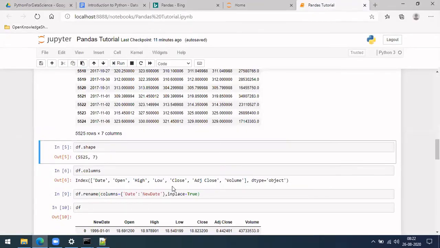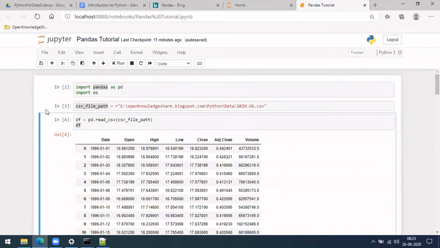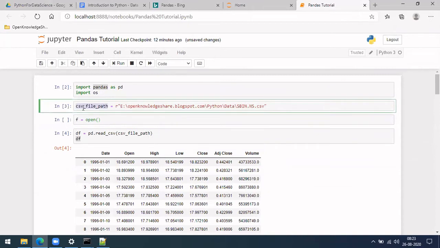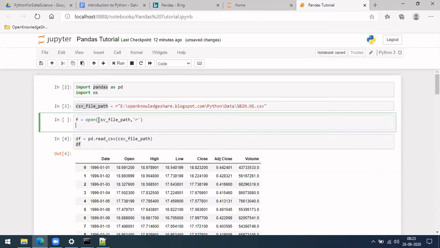But Raju, what advantage does it make compared to opening the file? If you see, once you do file open, let me do that as well. We can do f dot open with this CSV path, then use read mode. Then we'll be saving it somewhere, right?